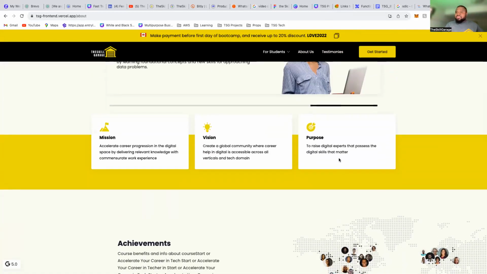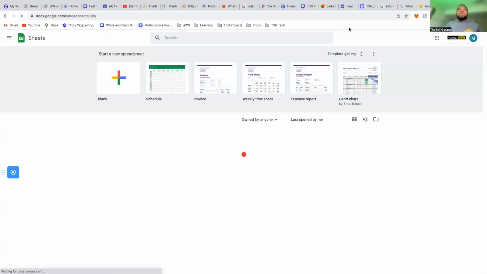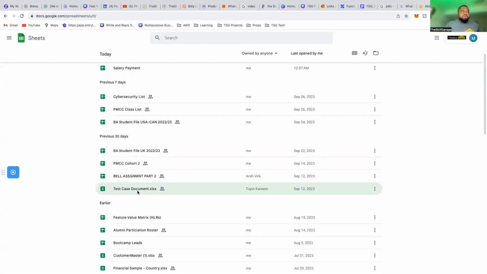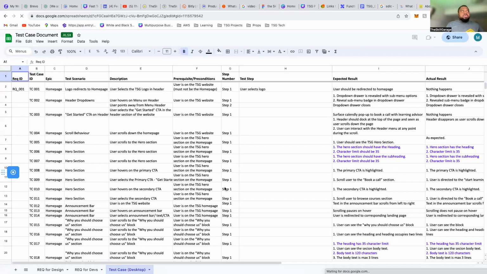And start testing. And you can even have what is called a test script. Let me show you. So all these things I can't teach you now, but you can have what is called a test script. Can you see that? So, for example, on the home page, the logo should redirect to this. The header should do this. When you click on Get Started, what should you have? So you are testing each of these individual things, and then you test everything out together.